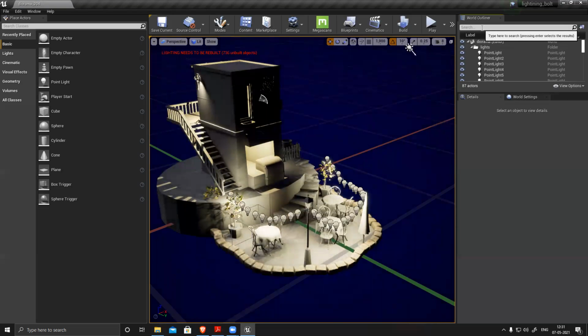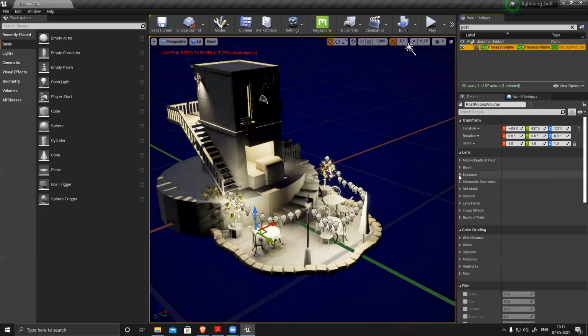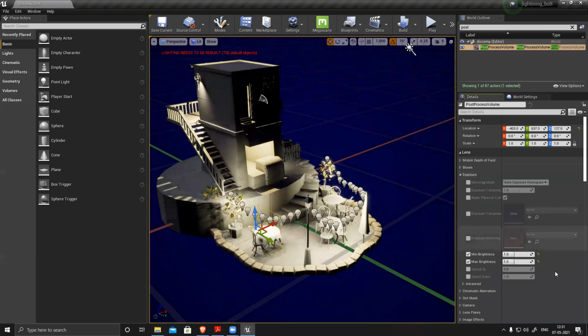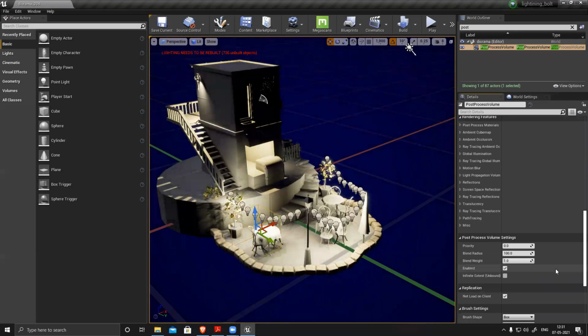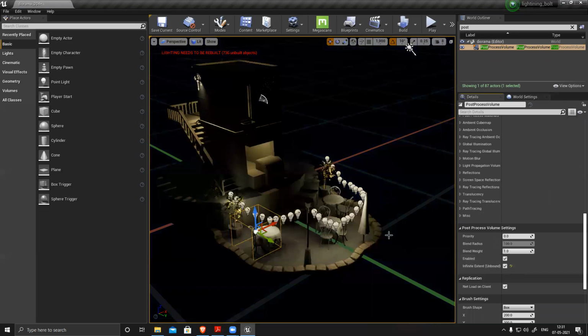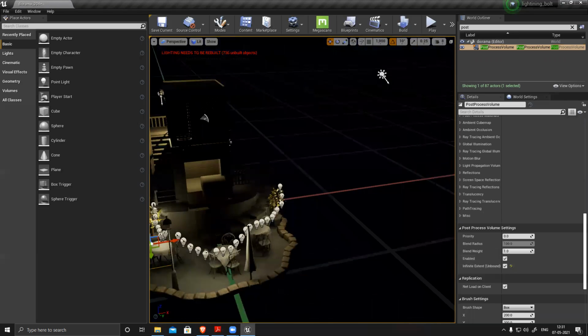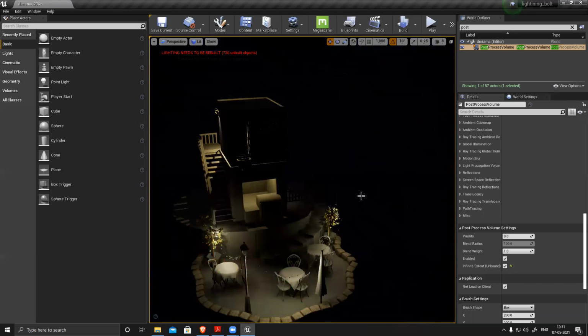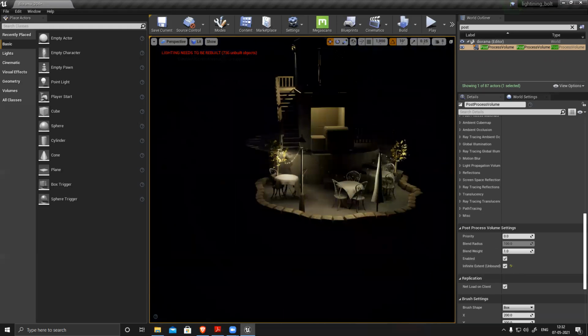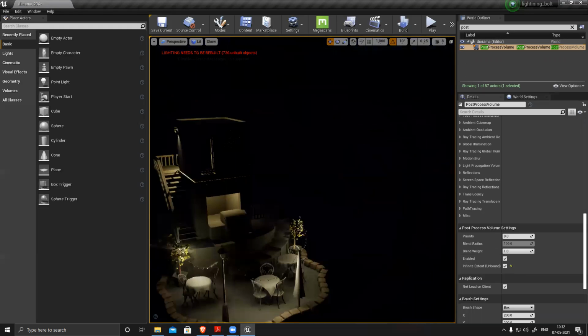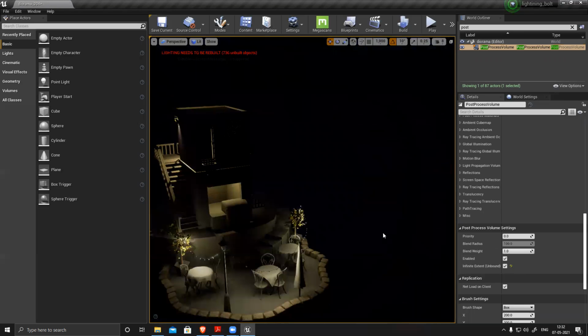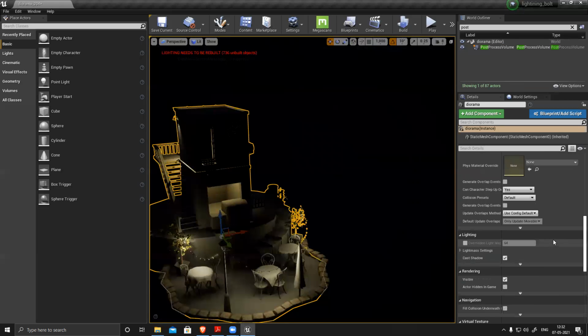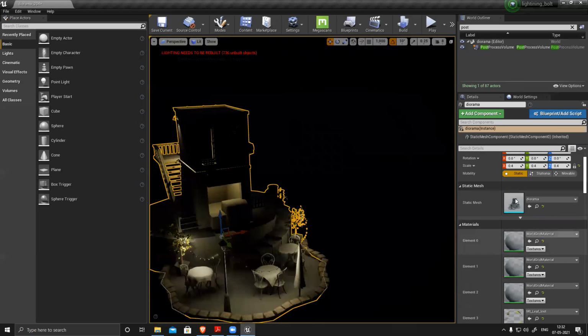So let's see post process. Post process, my scene and exposure. Make sure 1 1 is correct and infinite extent. So this is my actual lighting of my scene. Press G to get rid of all these unwanted effects. Now I can see my basic lighting is ready, but not everything. And it's not glowing. I can see my mesh, all those lights and everything, is not glowing.